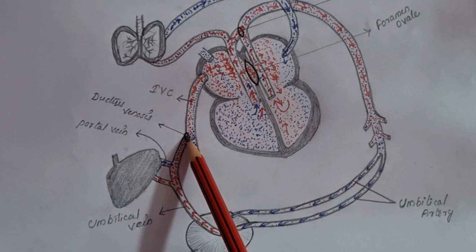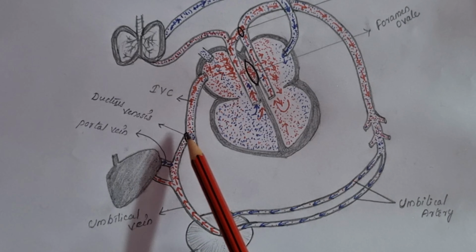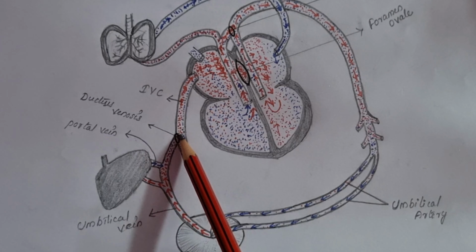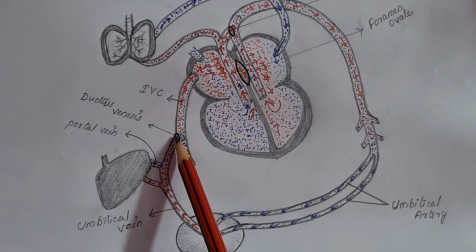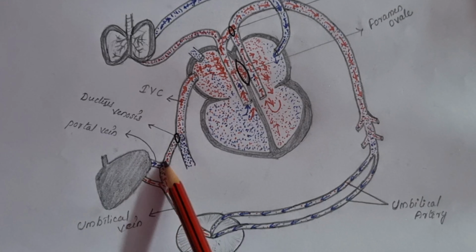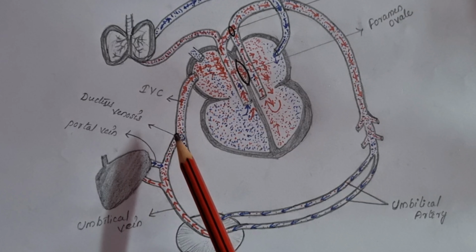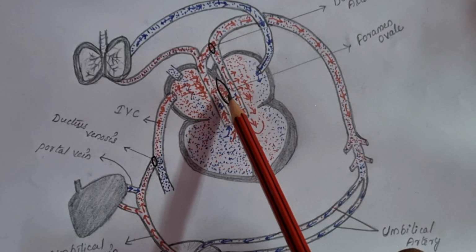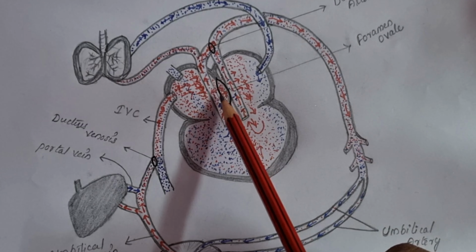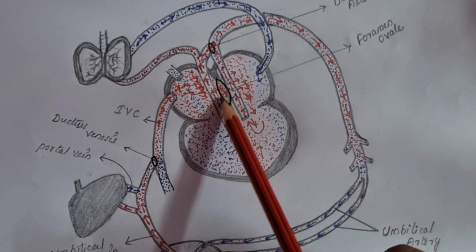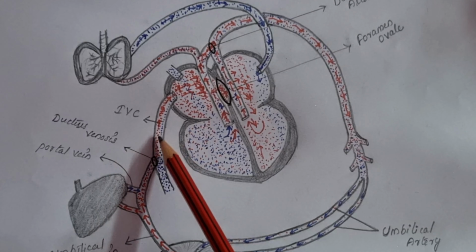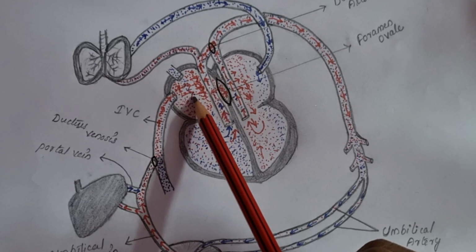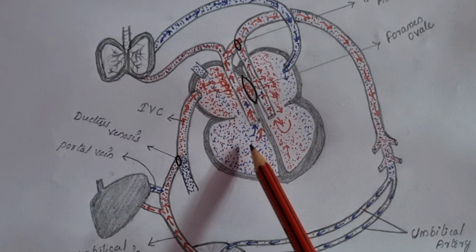through a shunt here, which is called the ductus venosus. So through the ductus venosus, this blood enters into the inferior vena cava. Here we have another shunt which is called the foramen ovale, which is present in the cardiac septum between the two atria. So from the IVC, normally the blood enters into the right atrium, and when the right atrium contracts, it enters into the